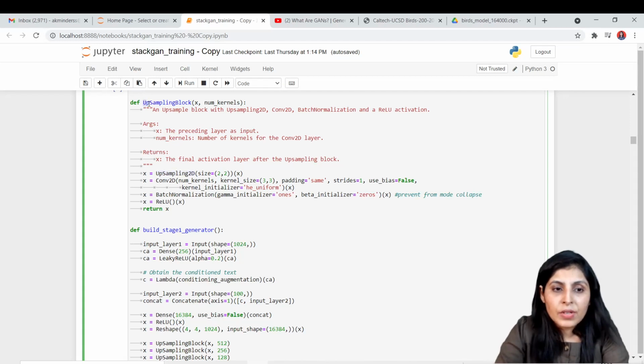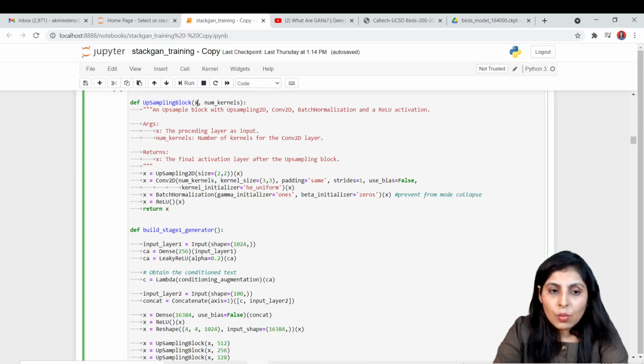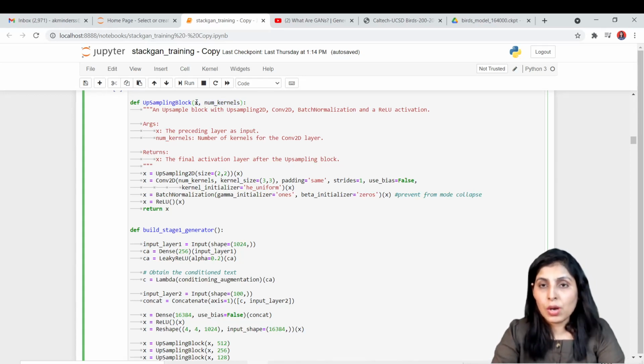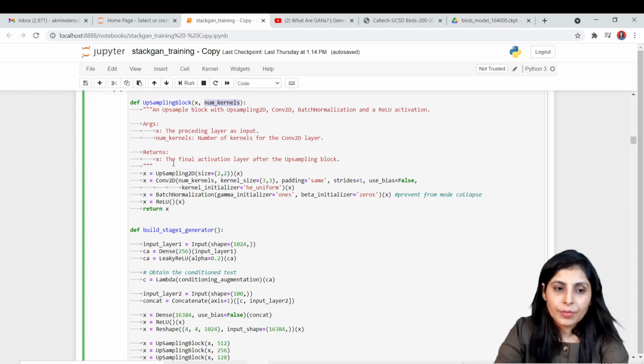And we have created one function with the name of upsampling block. While upsampling, these two parameters are important. X simply means the image which you want to upsample, and the number of kernels means the number of filters, the feature maps you want to create.